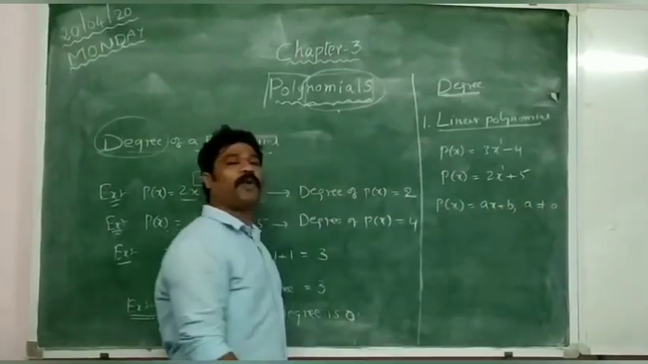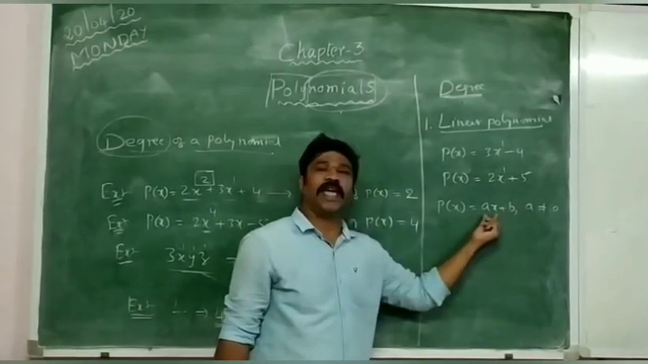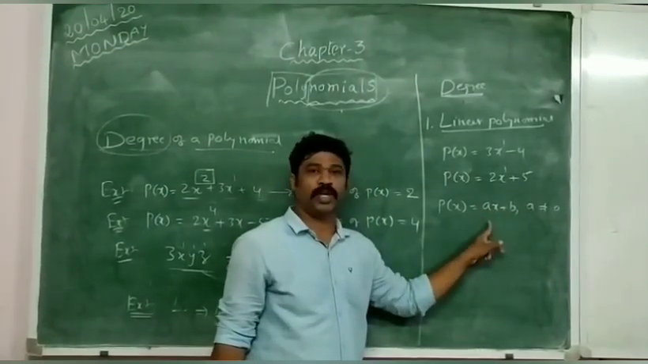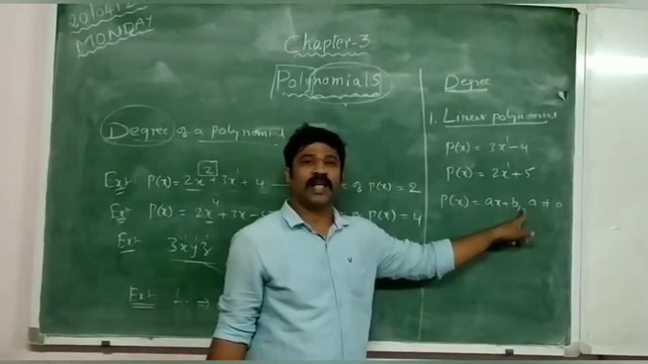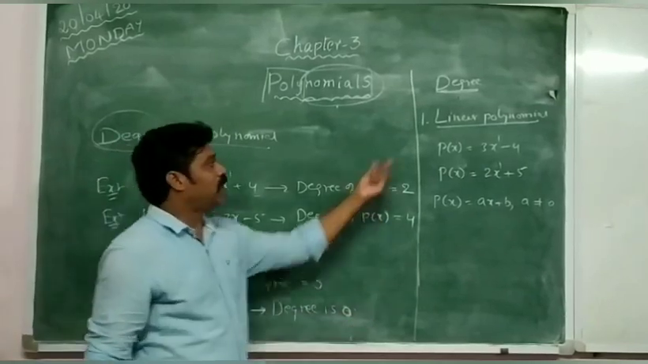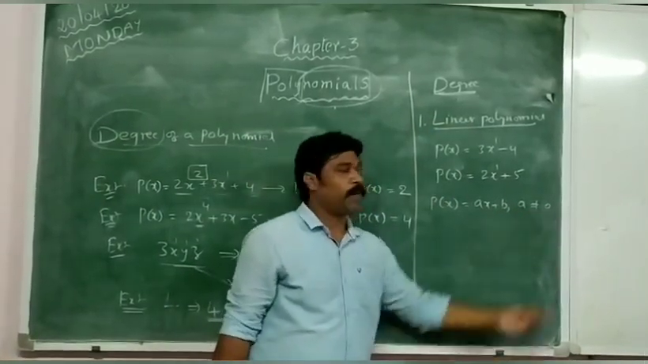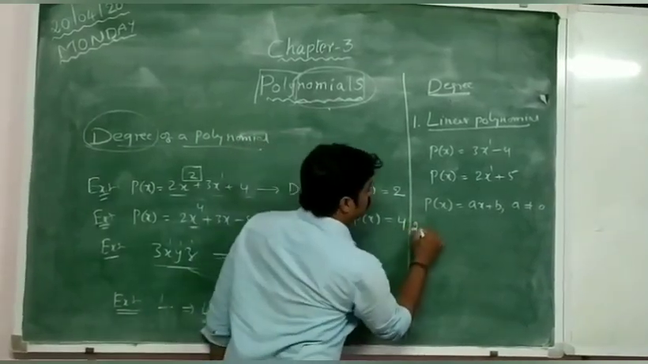So this is the general form of linear polynomial, where a must be not equal to 0, because if you take a as 0, then this term will become 0. So you will get only a constant, and the degree of the constant polynomial, as we just learned, is 0. So it is not a linear polynomial. So you have to take a not equal to 0. And then again, the second one is